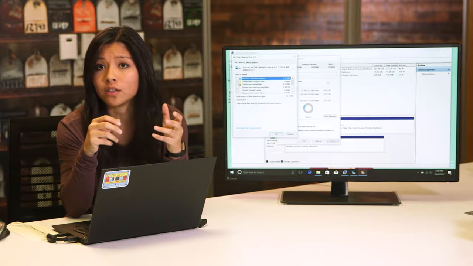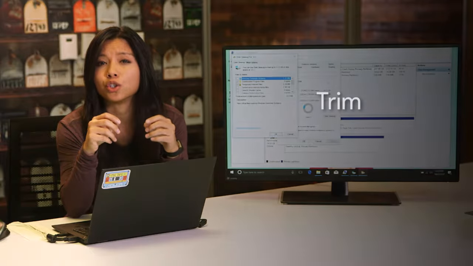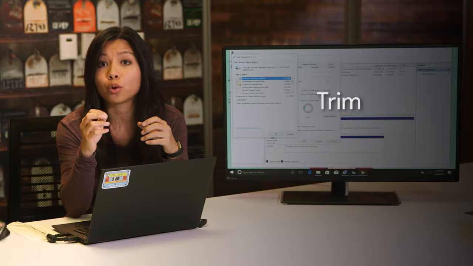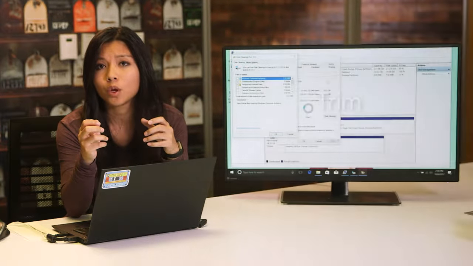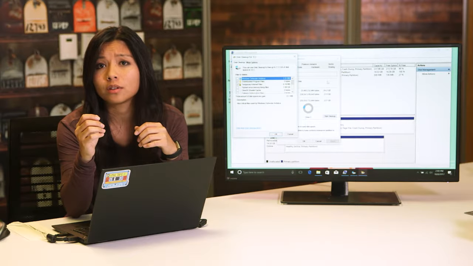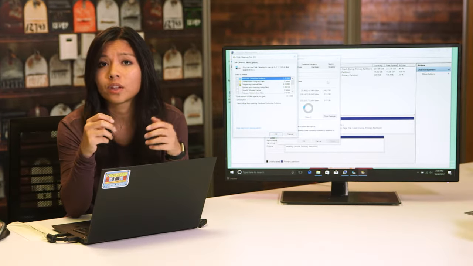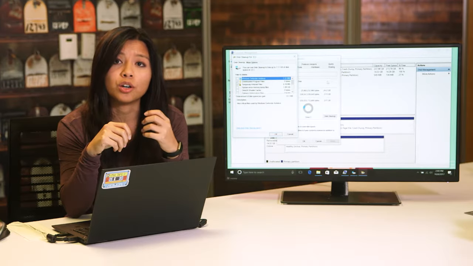For these kinds of drives, the operating system can use a process called trim to reclaim unused portions of the solid-state disk. We won't get into details of how trim works, but it's good to know that it exists. I've included a link to more information on trim in the reading right after this video.